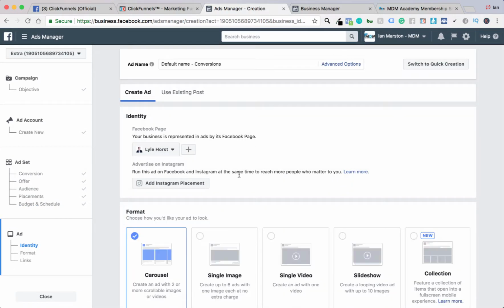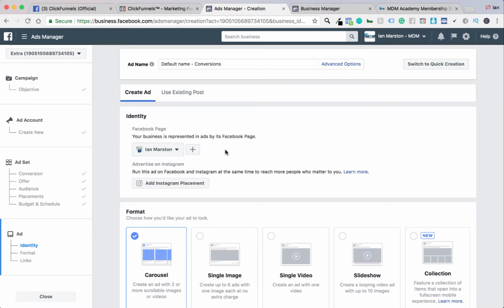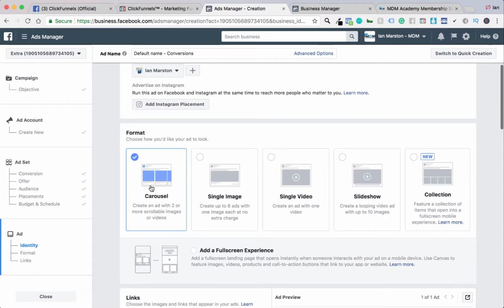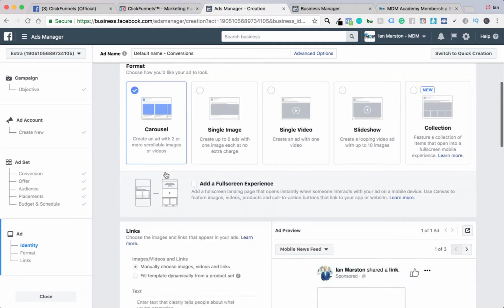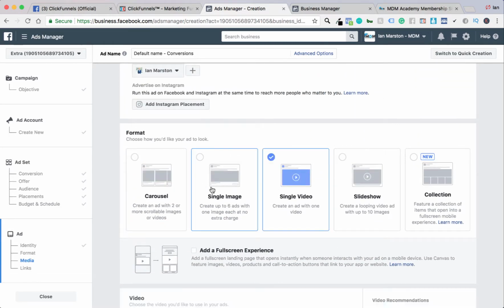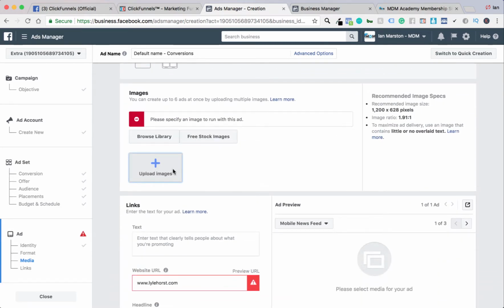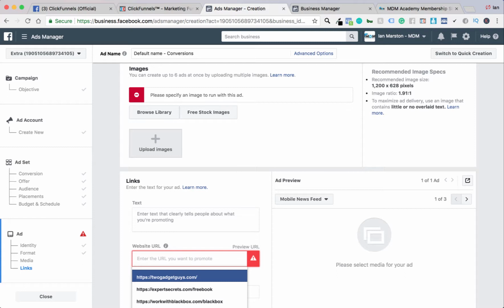Now, this is where the ad comes into play. So I want to make sure that I'm on my fan page. Again, we're not on Instagram. Figuring out what type of ad that I want. Let's say I'm going to do a single image. What I want to do, I don't even know why it loaded Lyle stuff. Let's go to